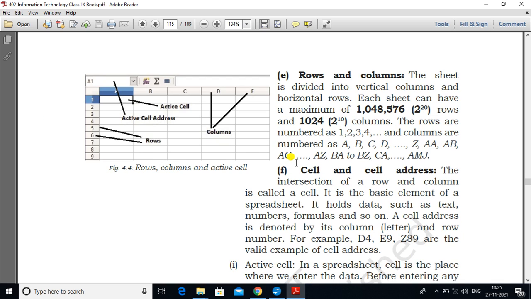Some more things are there, like rows and columns. The sheet is divided into vertical columns and horizontal rows. Okay.